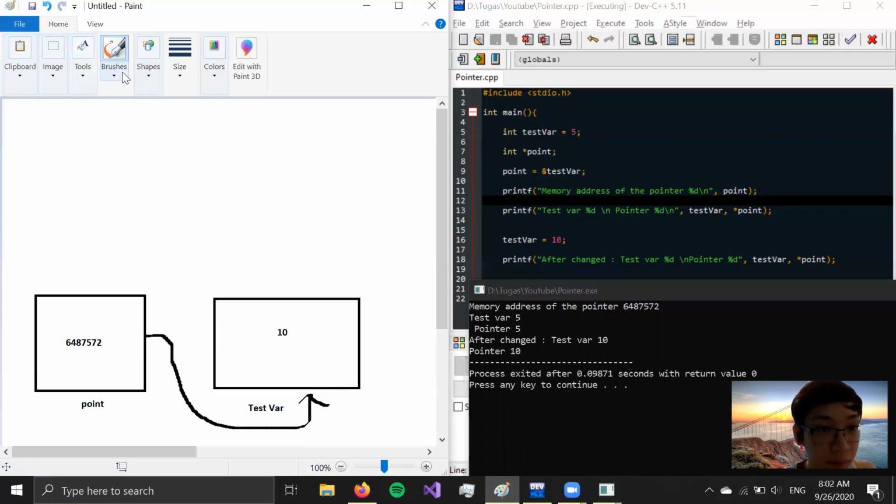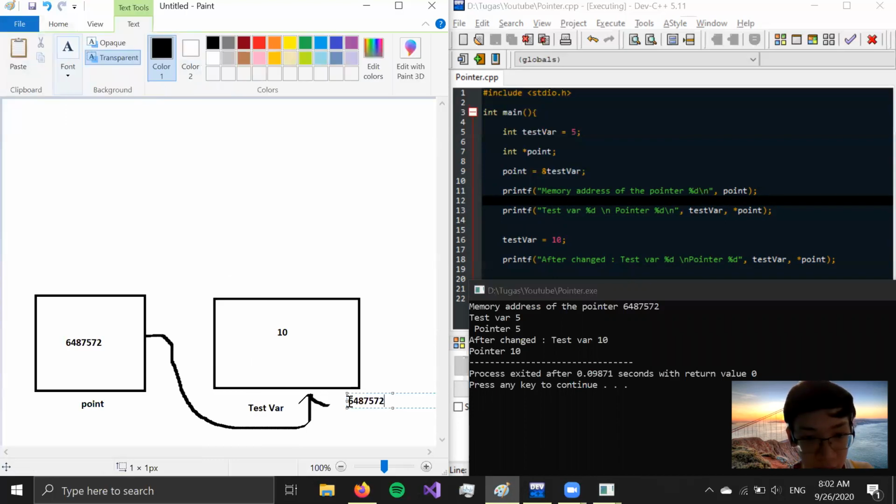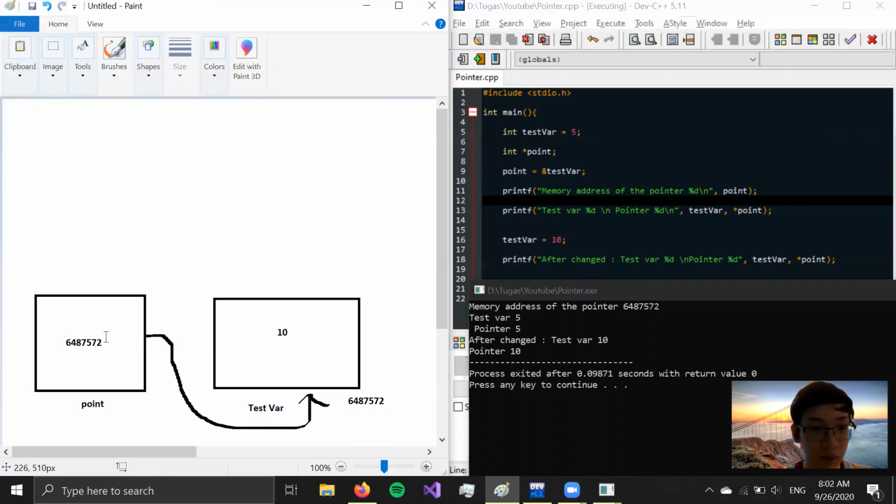And this test var has an address of, well, of this. So this is the address. So pointer variable is actually saving the address of test var. The point is that this pointer is pointing to the test var. So when you are changing